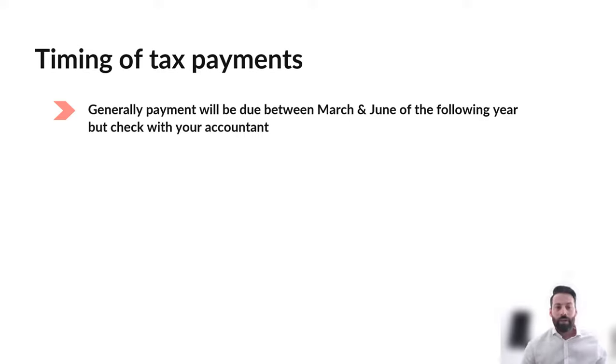The next step after that is then to work out, well, when are those tax liabilities actually going to fall due? So for businesses that are lodging under a tax agent, generally that's going to be somewhere between March and June of the following year. So for this year, for example, for the 2022 financial year, most of my clients will be lodging either 31 March or 15th of May. So if we're doing tax planning now, we're potentially getting at least 12 months notice ahead of those tax liabilities being due. So there's heaps of time to plan.